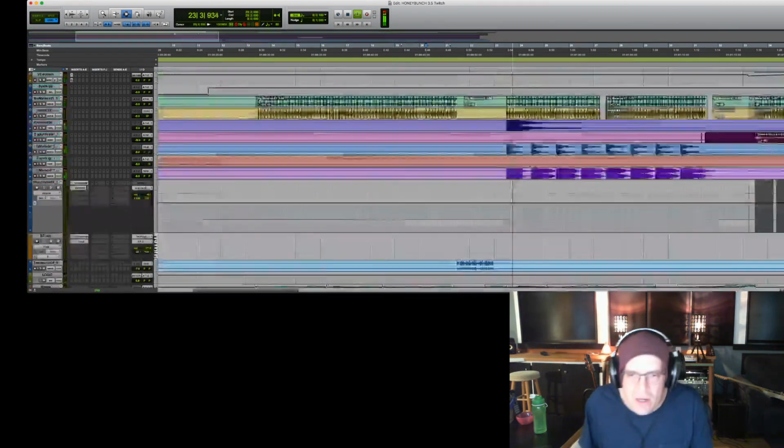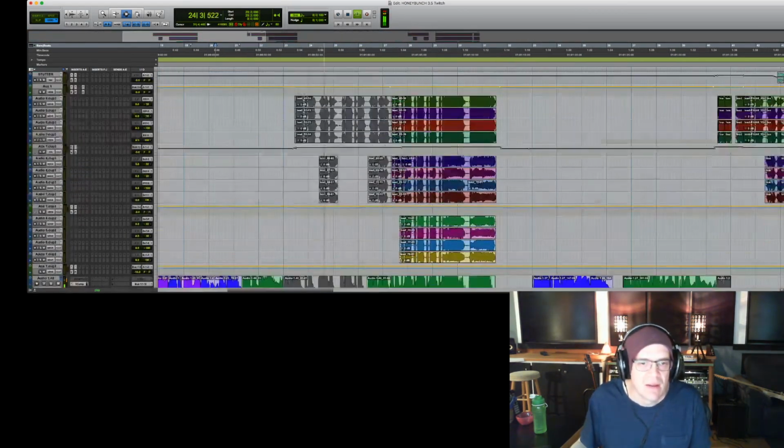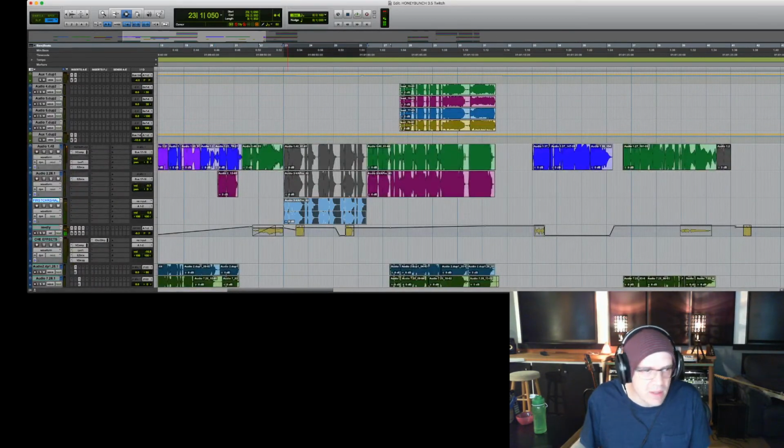Alright, so that's what I needed to work on. So what I did was I put that down onto its own track. So let's process this so it sounds shinier, so it's more disco. So let's take this, and this, and then let's see what that starts us with.